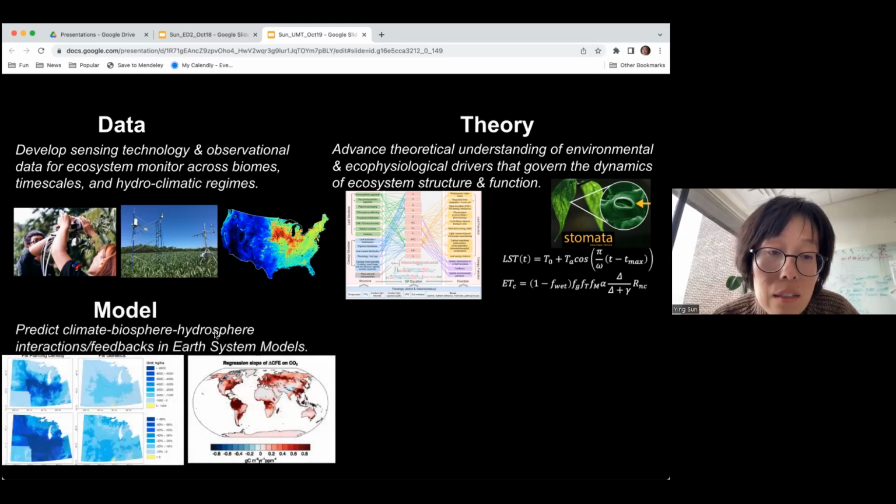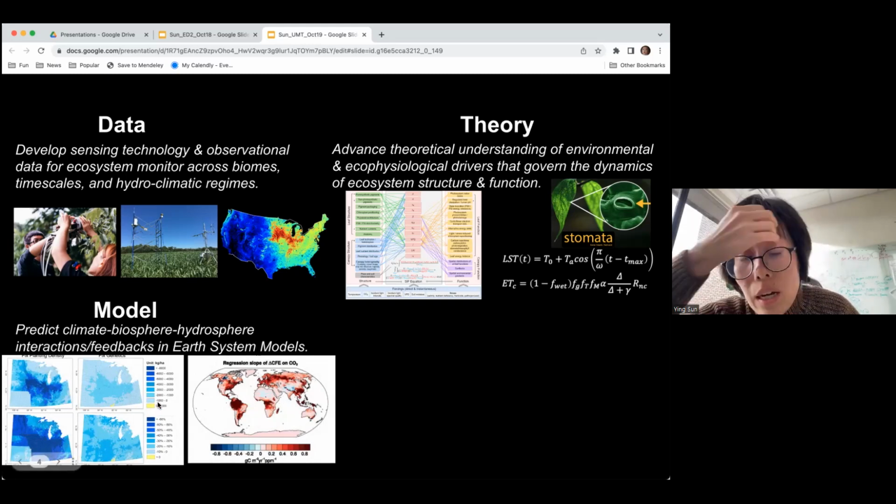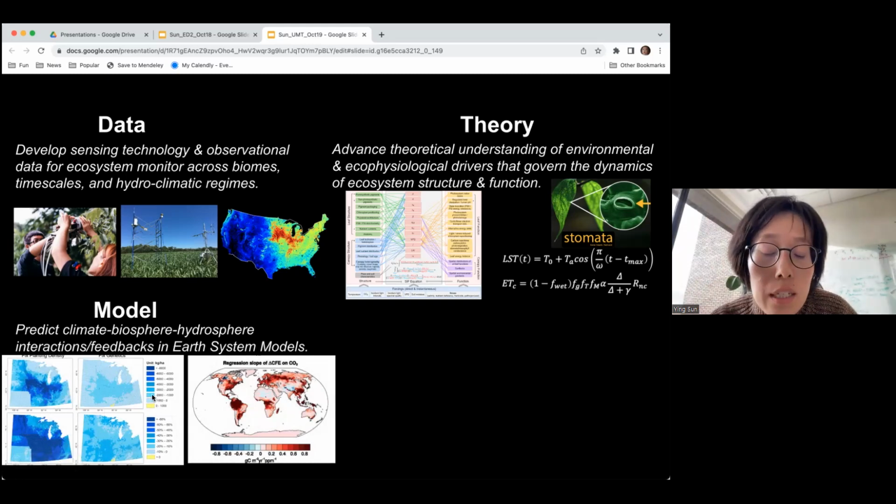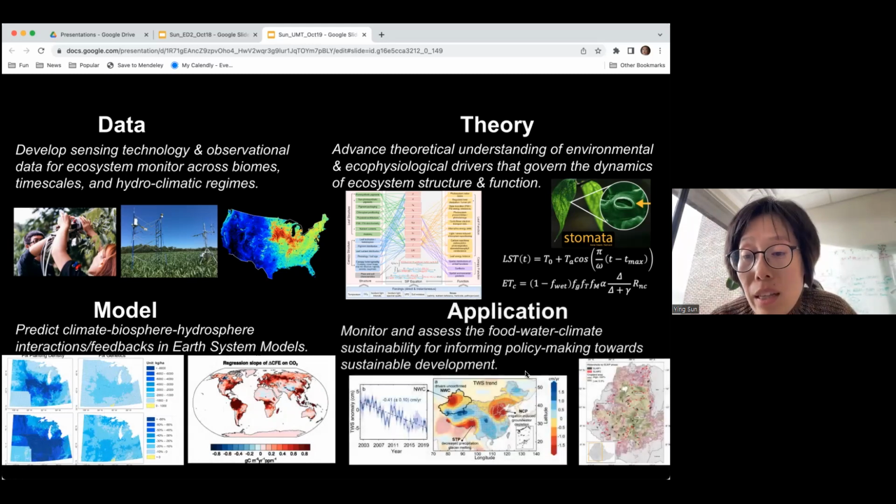And then another theme is that we would like to put our theoretical understanding into models. Here we primarily work with NCAR's Community Land Model. And we also work with crop growth models like DSSAT to understand both the managed system and also natural systems. And finally, applications. We try to integrate our data and theory to understand